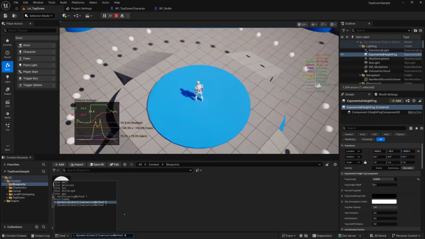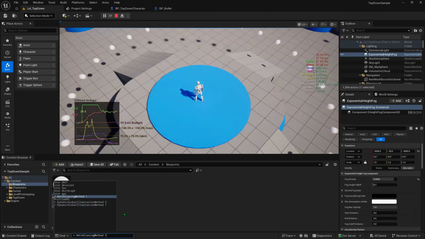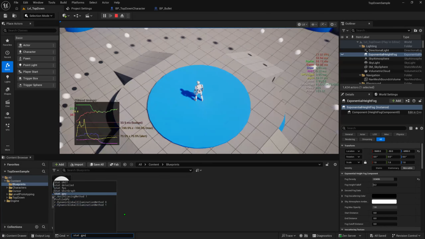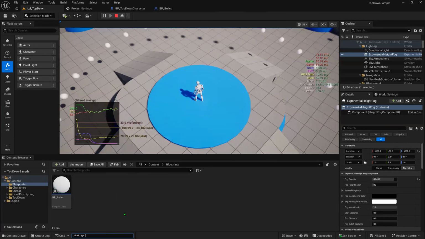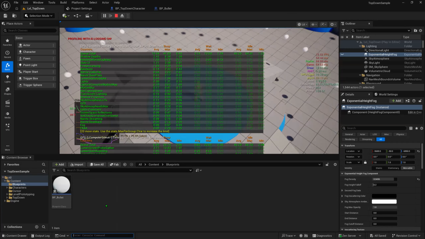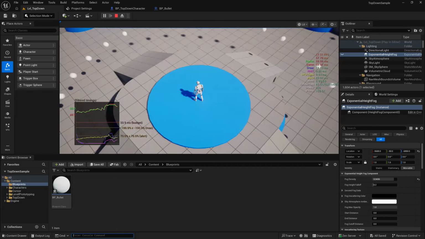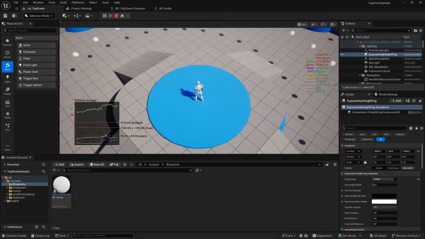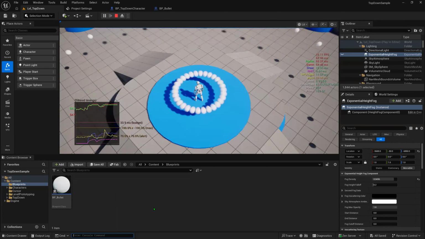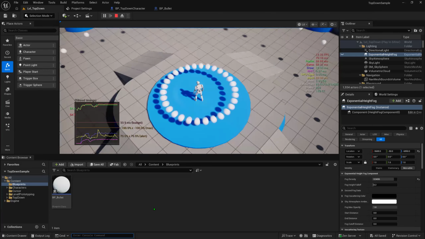So what else can we do? You can actually use the arrows to do another stat GPU and go back to the previous commands. And you can also check, if you insist on the virtual shadow map system, sometimes you just need to do the